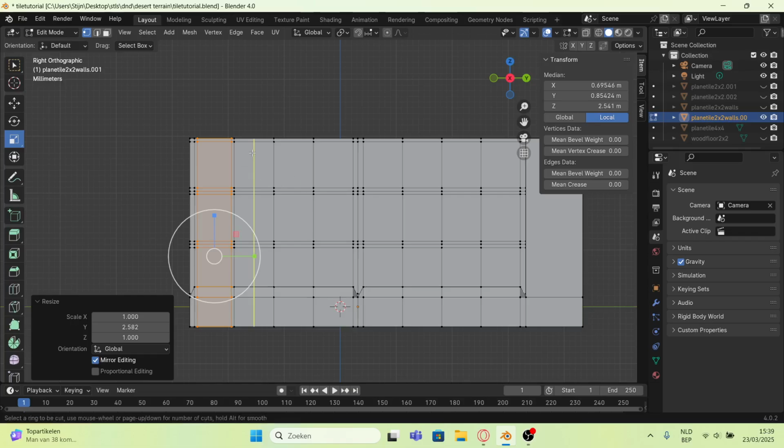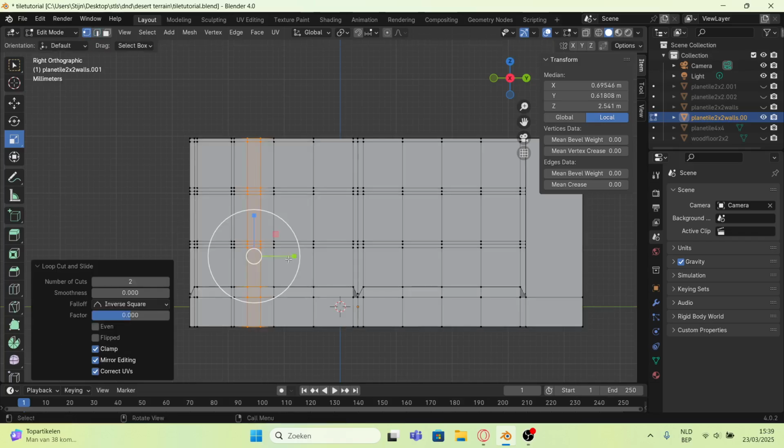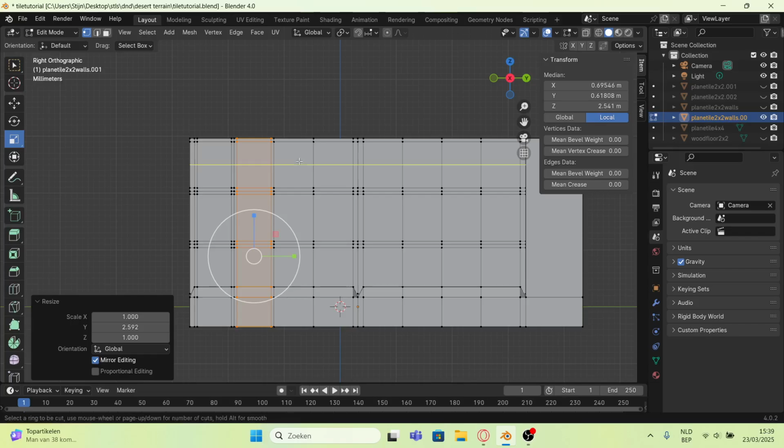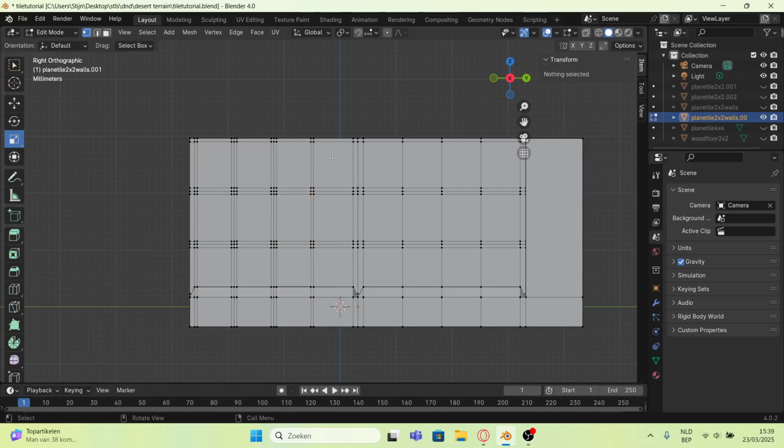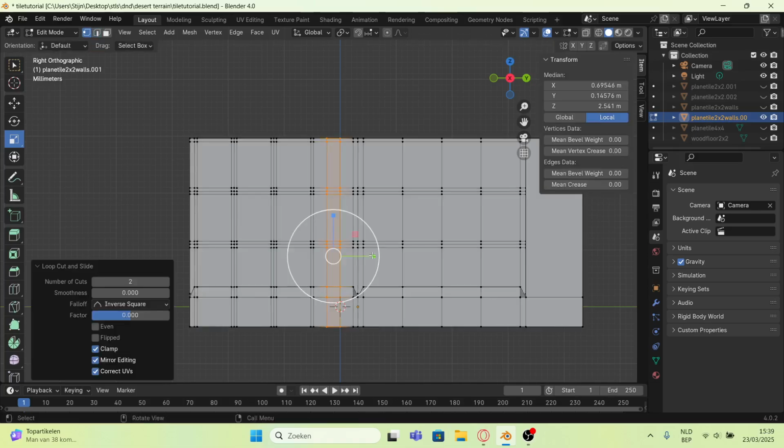Control R, up 2, there you go. Just to show you a decent result, we're going to be doing the total of that wall. Press 2, place,